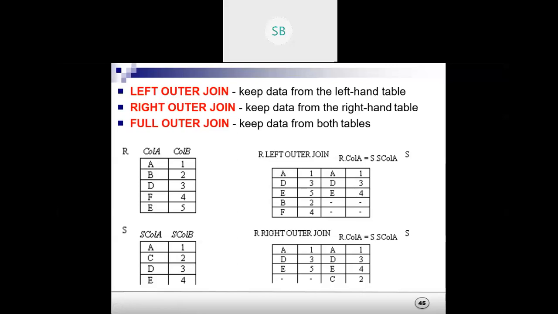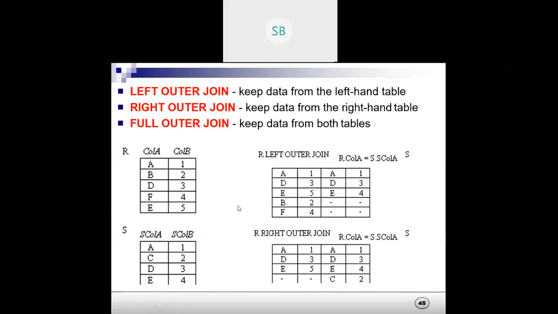Ma'am, please repeat it. Okay. See, in left joins, I have these tables kept upside down. But if you think of this table, suppose S was here, then R becomes the left table, right? Like left, it's written. The question is written here: left outer join, or left. Our left outer join is also known as left join.